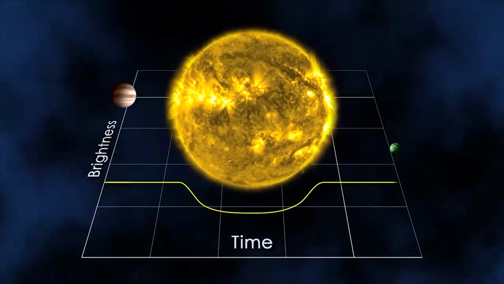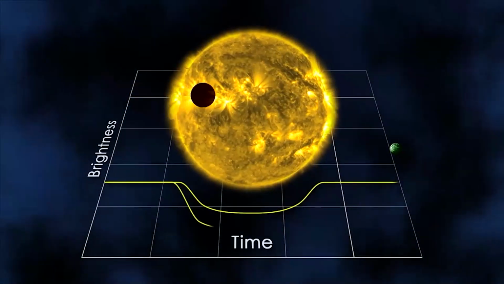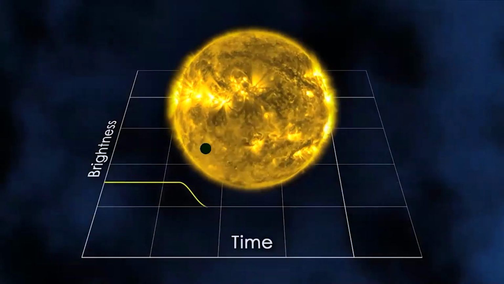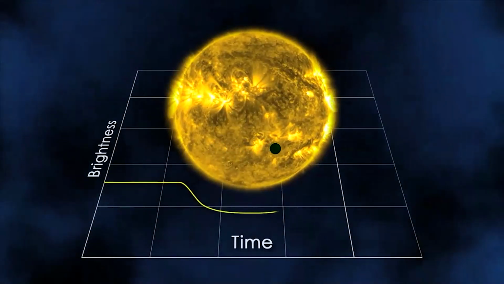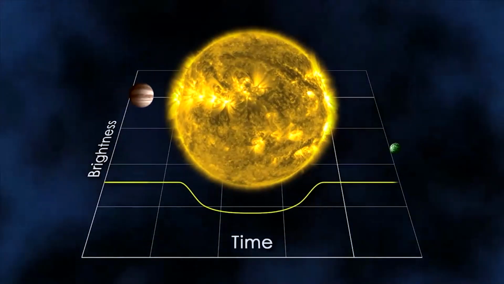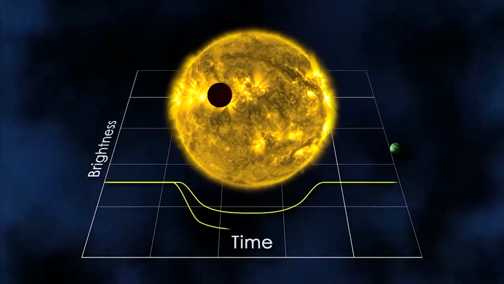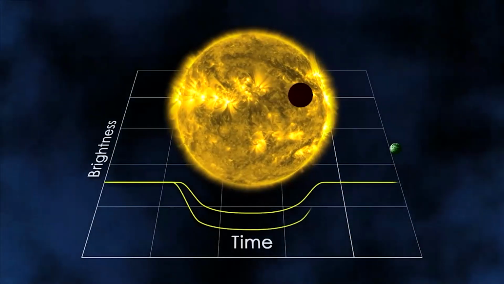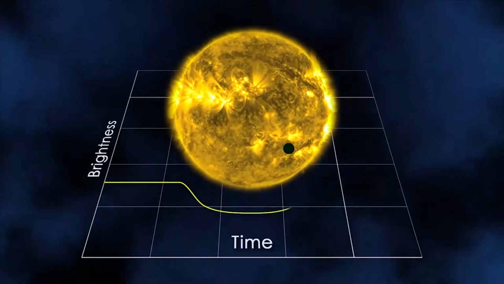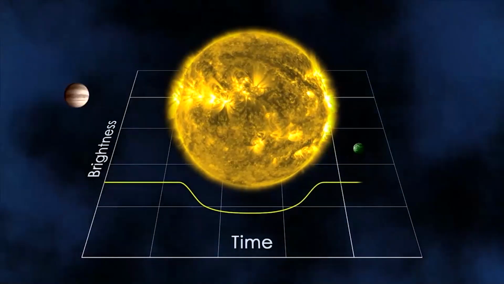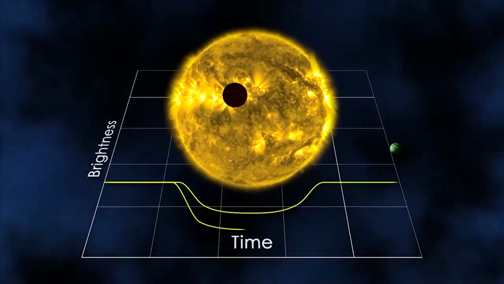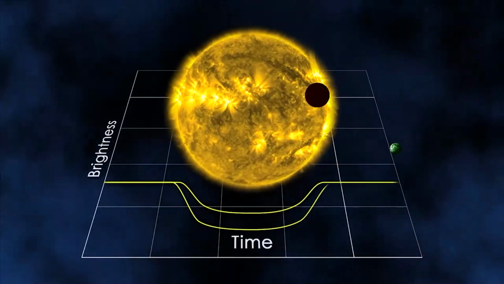It's actually hard to see the planets, but we tend to detect planets indirectly. One of the methods is to wait for a planet to cross in front of the star. We can't normally see the star itself because it's so bright and far away, but we can see the amount of light coming from the star dip as the planet passes by. When you have a small planet passing by, there's a small dip. If you have a larger planet, you get a larger dip. So you get an idea of how big the planets are.